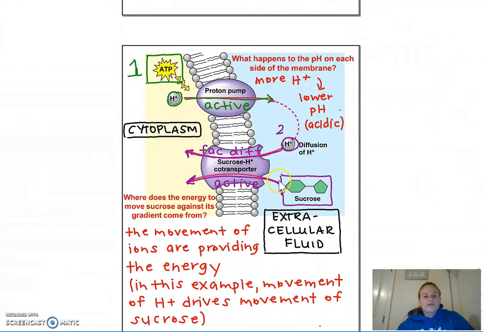However, the sucrose is going to be actively transported through this co-transporter. Now, I don't see any ATP over here by the sucrose. So where does the energy come from that moves that sucrose against its concentration gradient? Well, the movement of ions provides the energy. So in this example, it's the movement of the hydrogen ions that drives the sucrose across the